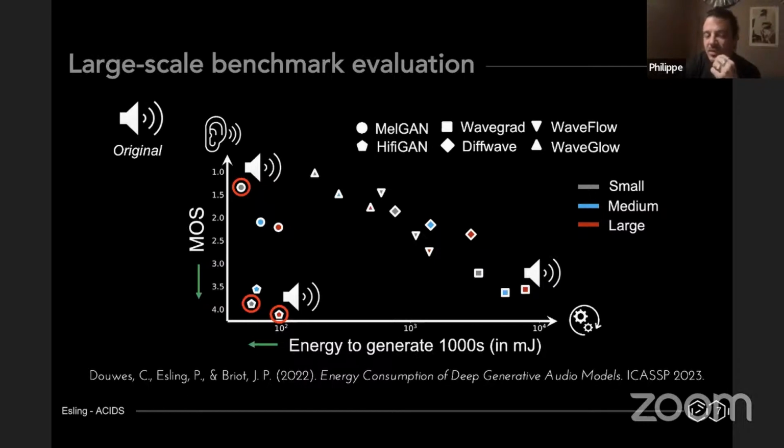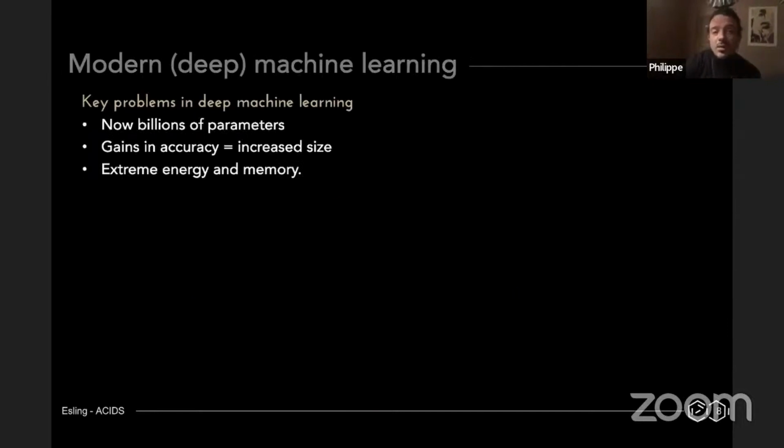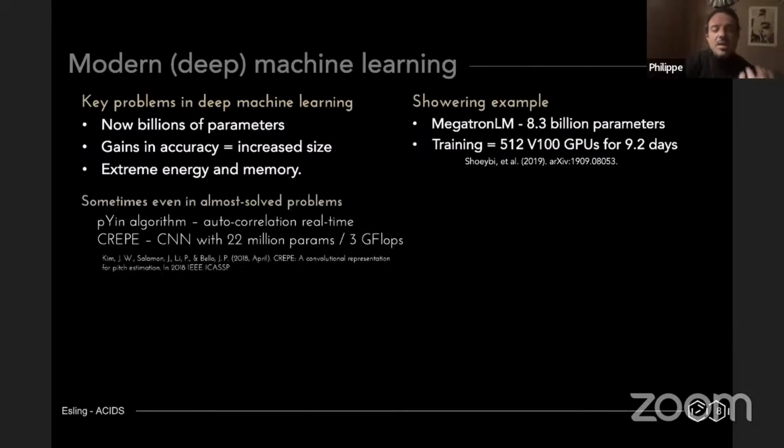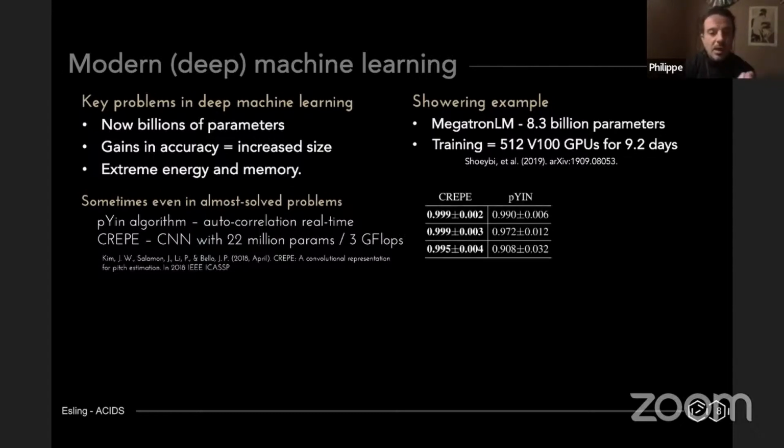And you actually get something which is excellent. I mean, it's not at the same level of diffusion, but I guess there is some trade-off that you can make in order to find these efficient yet qualitative models. And what I'm trying to stress is, okay, we now have billions of parameters, and we know we don't want to go back to the time where we had crappy accuracy. But having these things where you need 500 GPUs for 10 days, for me, it's even more, how to say, blatant. If you look at the amount of gain we get in accuracy compared to the amount of parameters that we need to get this.